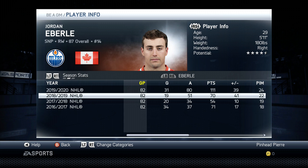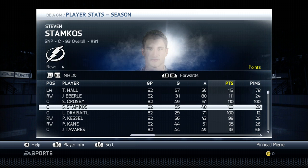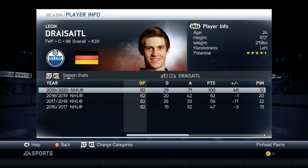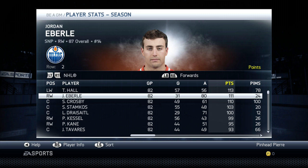We trade him, but again, he's the assist guy. He's not the goal scorer. He fit in there with Taylor Hall and Draisaitl. Draisaitl had 100 points. Oh my god. Holy shit, that's a good first line. Shit, we made the Edmonton Oilers better. We took away points from our guys. We evened it out, which is fine. But